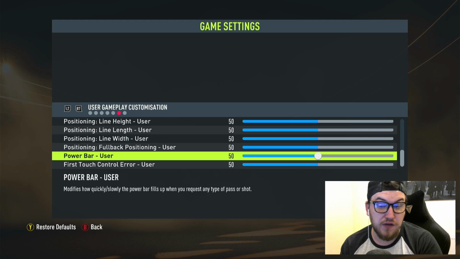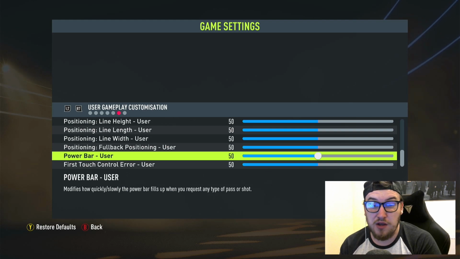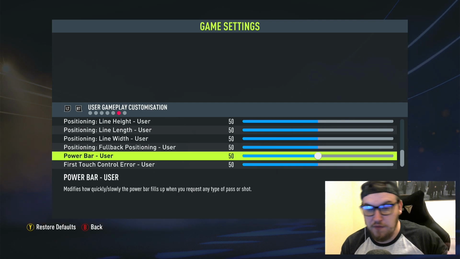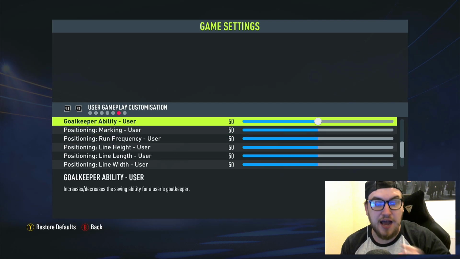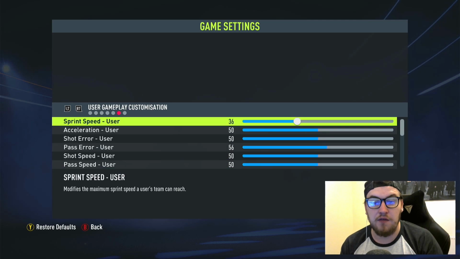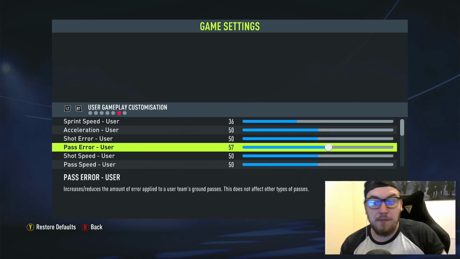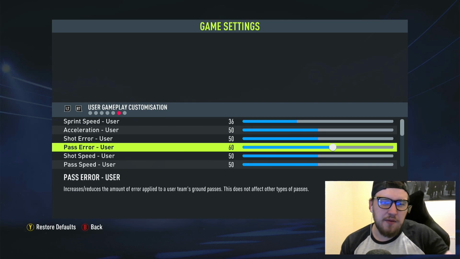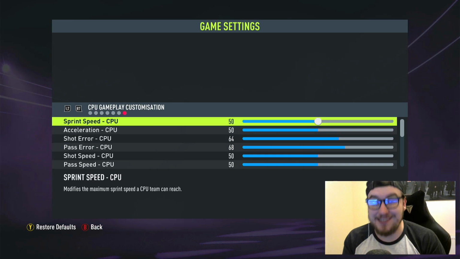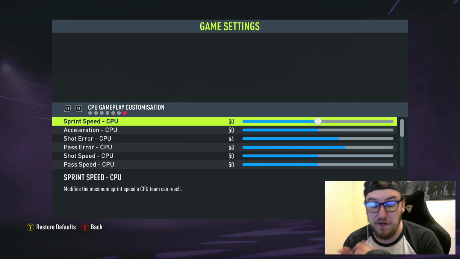The only time I could think the bar could maybe fill up a bit quicker is if I'm doing a switch, but it's never really been an issue for me, so I've never messed with it. The rest of it, I don't really touch. Line height, all that stuff. It's just the injuries and then slowing the game down really for me, and then maybe some error. I'll make my passing worse. At the end of the day, when it comes to user input, these things won't have too much of an effect. I could probably sit and talk about sliders and FIFA for far too long, so I am just going